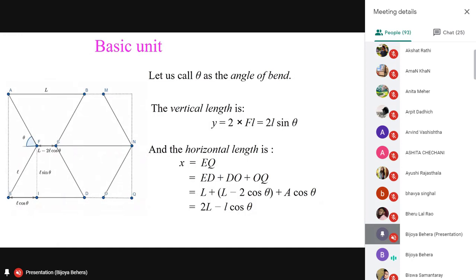I will show you one more example. There are hundreds. If you just search for auxetic geometries that exist in nature, you will find thousands of geometries. So we have just taken a few. I will show you fabric of only 7 or 8 examples in this presentation. So this was the first example, where I have proved mathematically that this geometry gives negative Poisson's ratio. Let us see one more example.